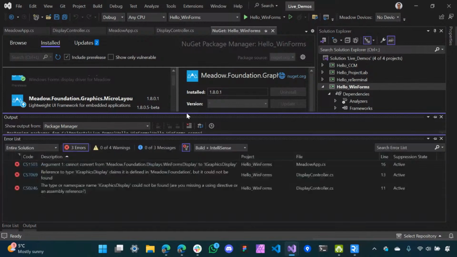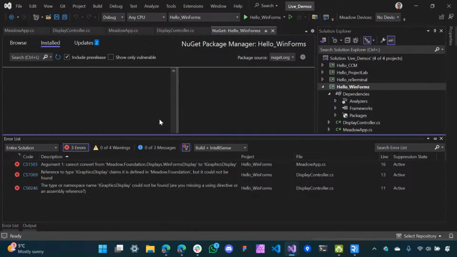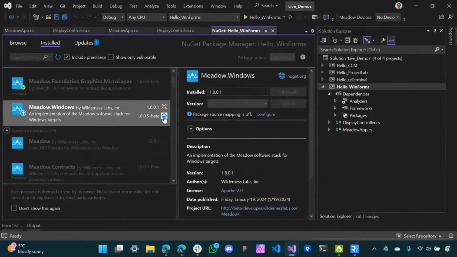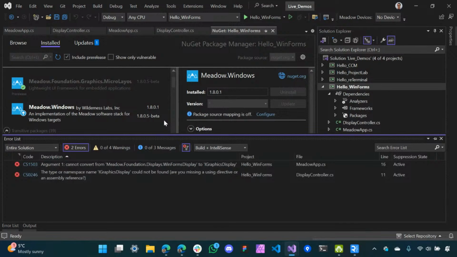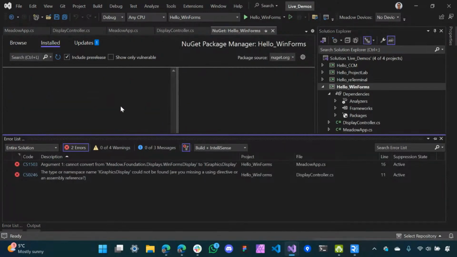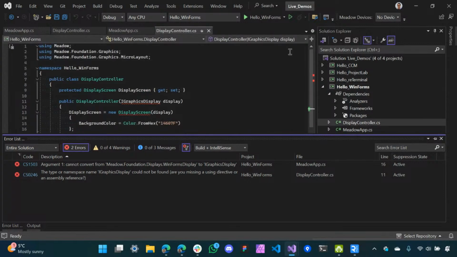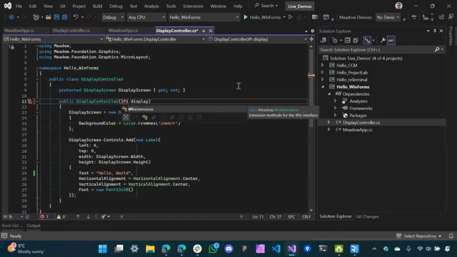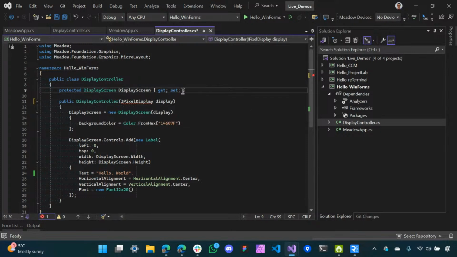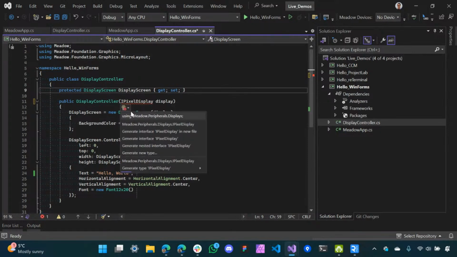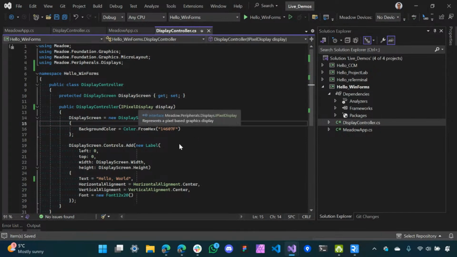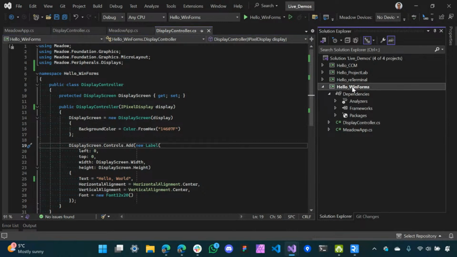Graphics layout, and Meadow Windows as well. Okay, and I think there's going to be an API breaking change here, because we're renaming IGraphicsDisplay into IPixelDisplay. We'll add that into our release notes. I'll change here for the keyword of the contracts, and I think that's it. If I build this,